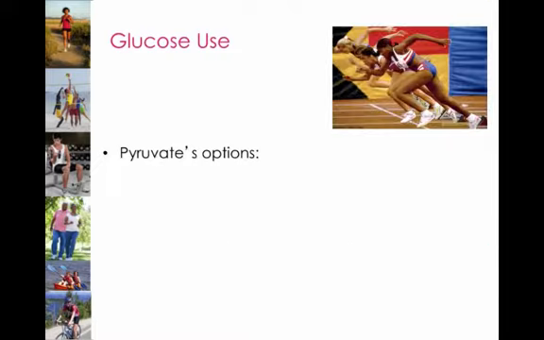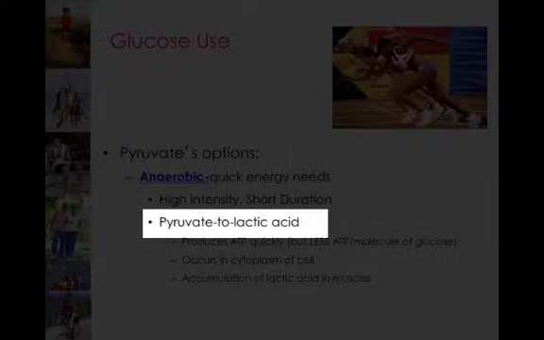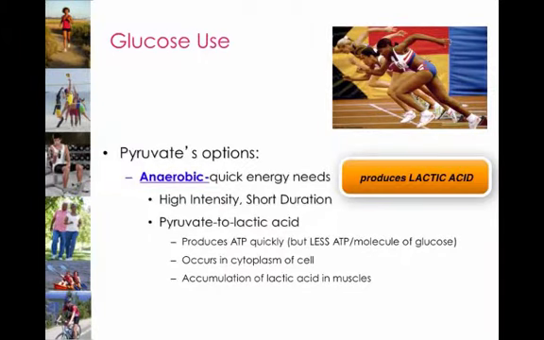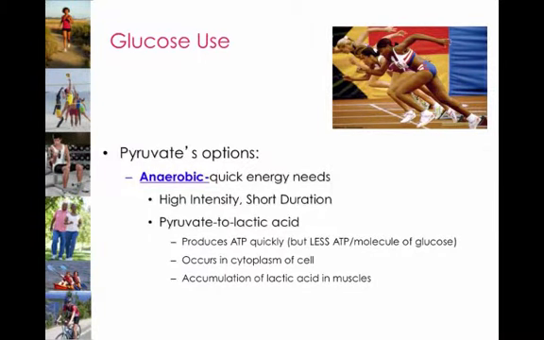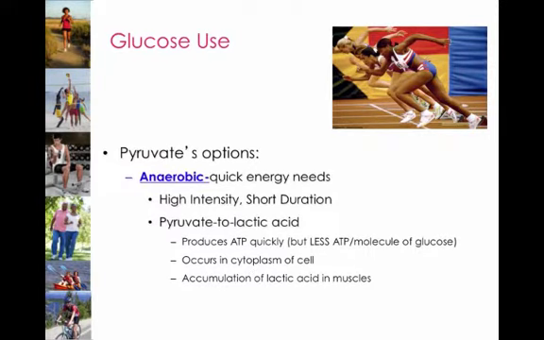But then we have the anaerobic option, which is what happens during short-term high-intensity activities. Pyruvate, a 3-carbon molecule, gets converted to lactic acid. This is the definition of anaerobic. In the absence of oxygen, pyruvate cannot enter the mitochondria. So this reaction occurs in the cytoplasm of the cell. It produces lots of ATPs very quickly, less ATP per molecule, but when you think about it, high-intensity activities must be of short